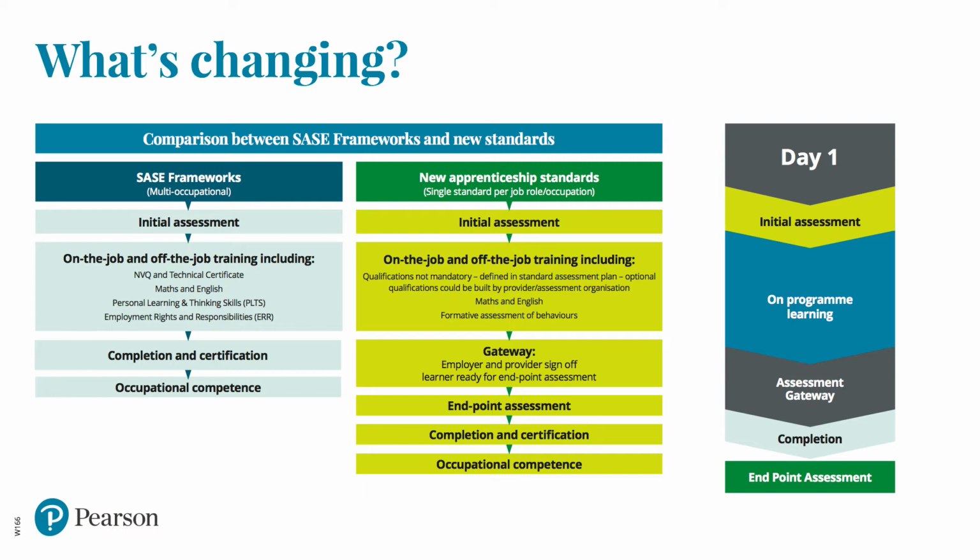So the tools and resources that we talk about today, they've been developed directly from the employer and provider feedback. Couple of differences, as you would expect. There's the on-program element to include your on-the-job and off-the-job training. As you probably know with customer service, there's no mandated qualifications, but we will come to that in a moment. There's the assessment gateway, critical phase of the apprenticeship program that also we'll talk about. And then potentially the biggest change is around this endpoint assessment phase once your apprentice progresses through the gateway. And that summative assessment, which is the very new element of new apprenticeship standards.